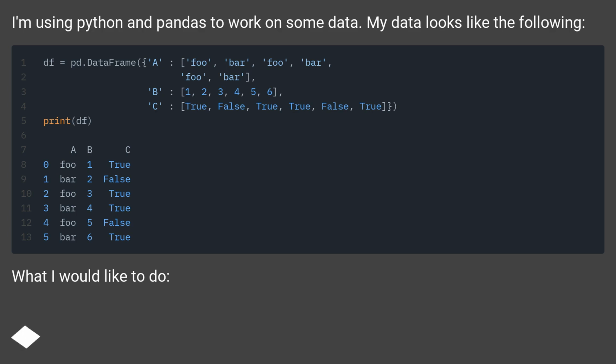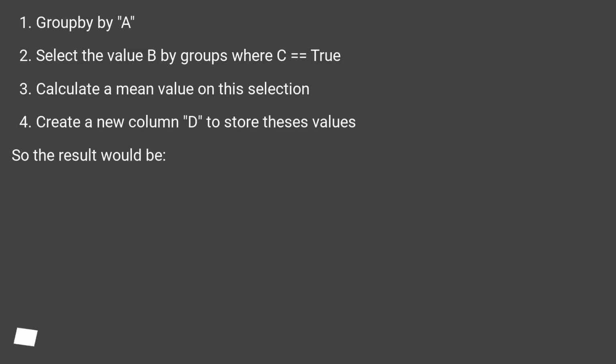What I would like to do: groupby by A. Select the value B by groups where C equals true. Calculate a mean value on this selection. Create a new column D to store these values. So the result would be